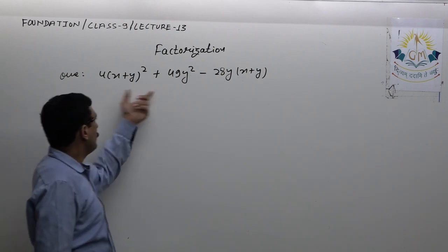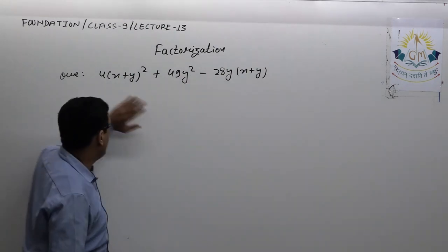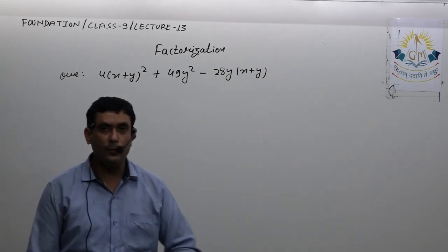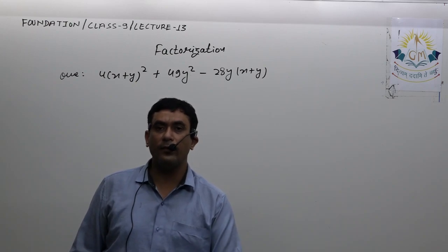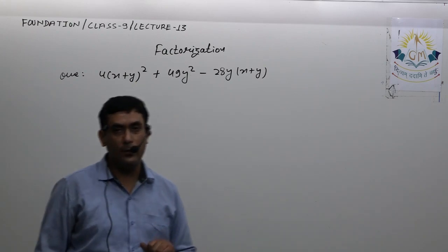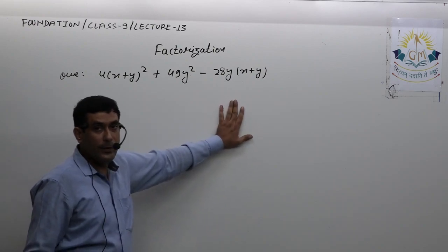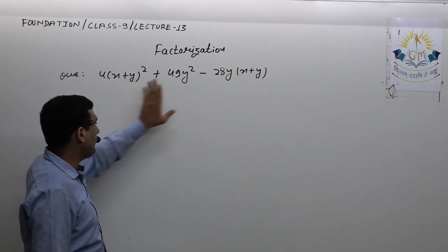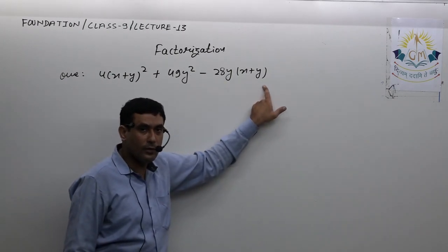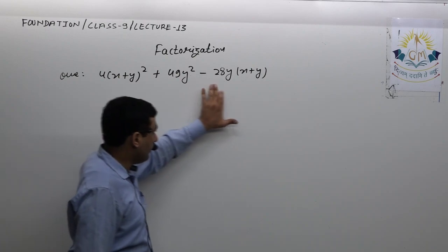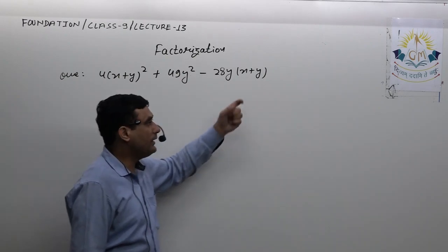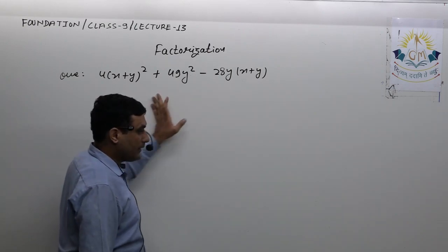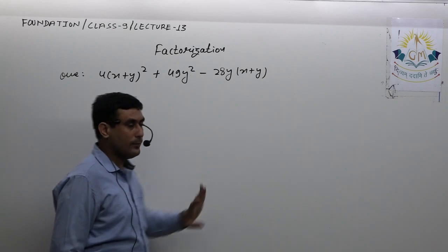You see, there are two terms which are complete squares. This one is a complete square, this one is a complete square. Whenever we have two terms which are complete squares, we may get an identity of (a plus b) whole square or (a minus b) whole square, depending on the remaining term. Here it is minus, so it's quite possible that this is a square, this is b square, and this is minus 2ab. If this is not exactly minus 2ab, then by adding something we may get that identity. So first I will try to adjust the identity. Might be it is (a minus b) whole square.